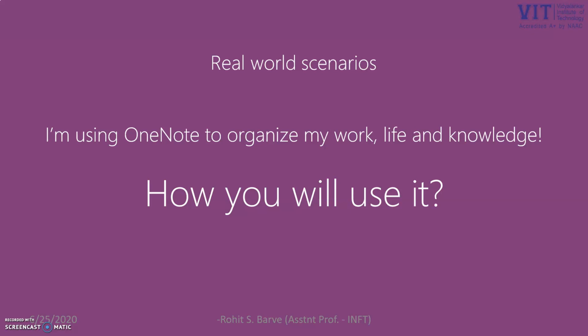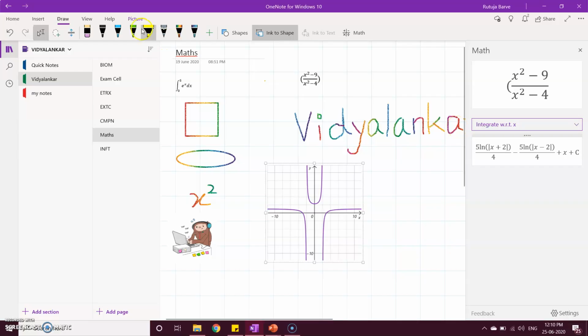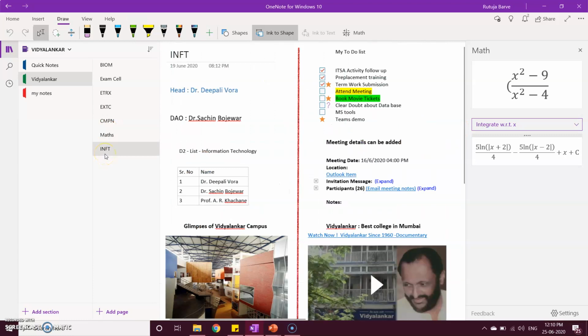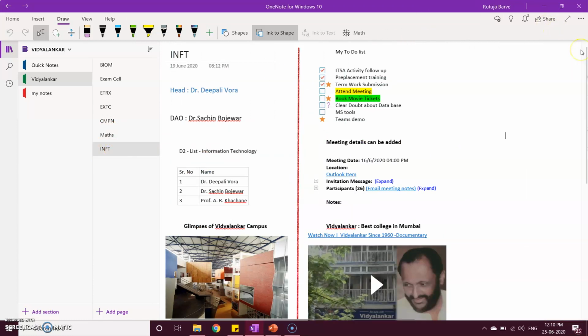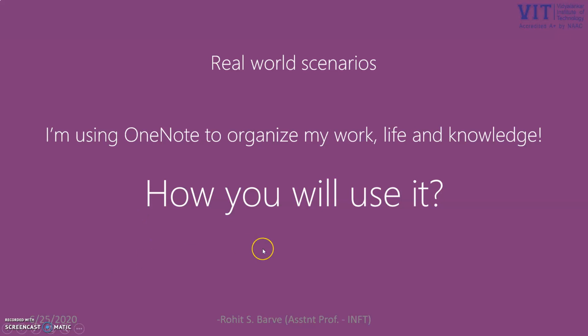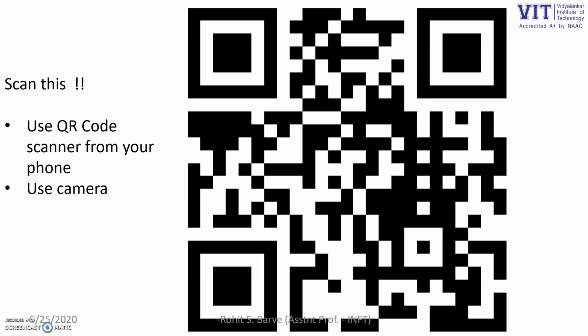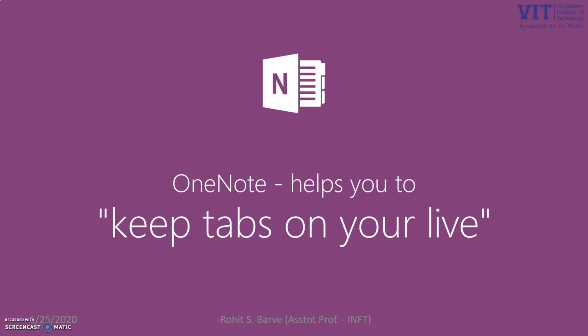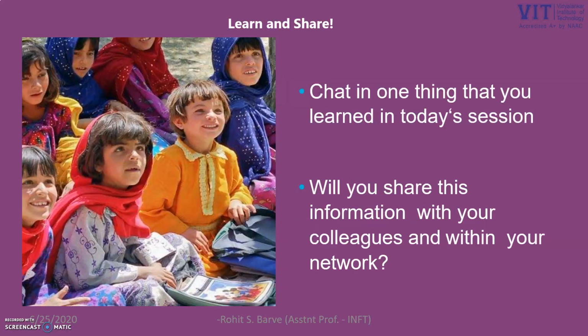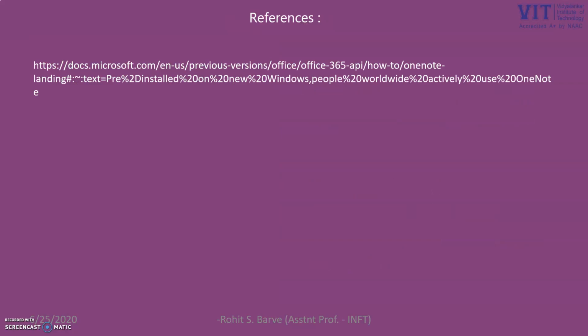So basically, if you use all the features, you might end up creating a notebook something like this, which has all the facilities. You have added a table, a photograph, an online video, a to-do list, meetings, and so on, and maths also, as I have shown. You can use this while you work from home. You can scan this and answer the question. I hope you can use this to the maximum extent and learn more so that you utilize your time to the best.